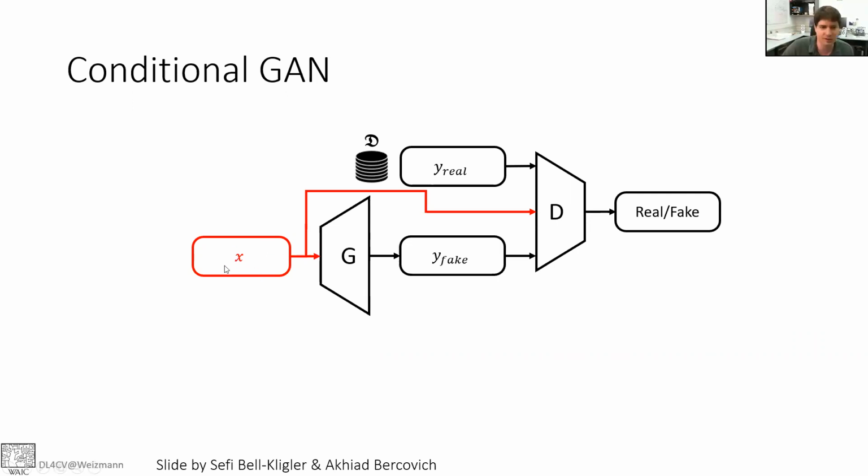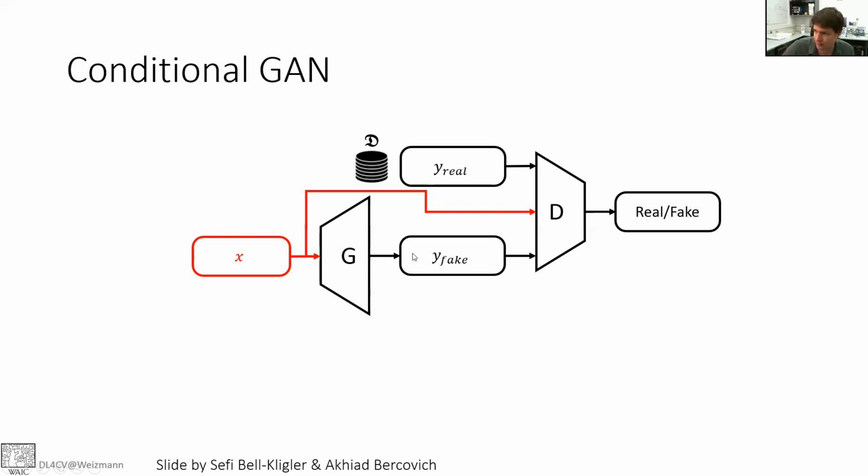You now have these pairs of images. You have X and Y. You get them paired, for example, sketches and images. These are examples, just like in supervised learning. And now instead of Z, you input X to the generator, and you expect the generator to transform X to